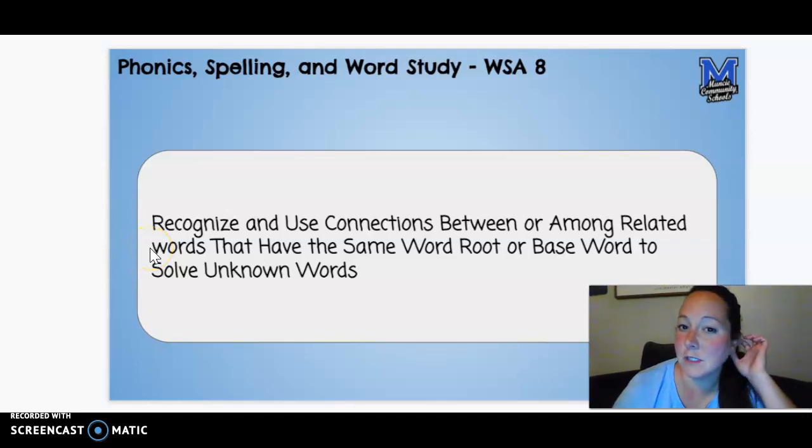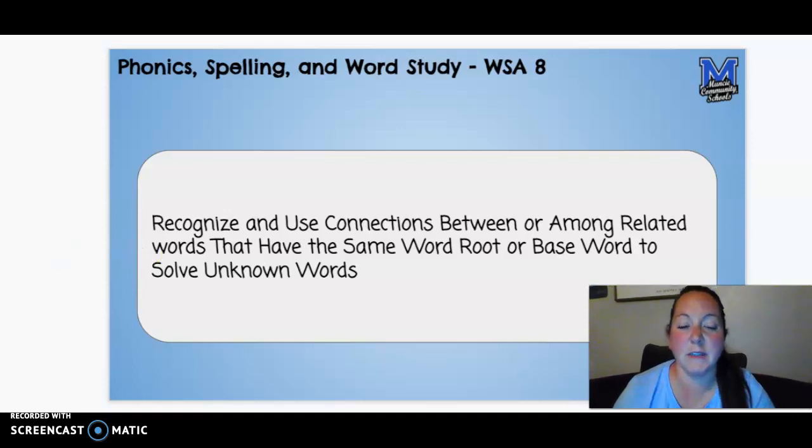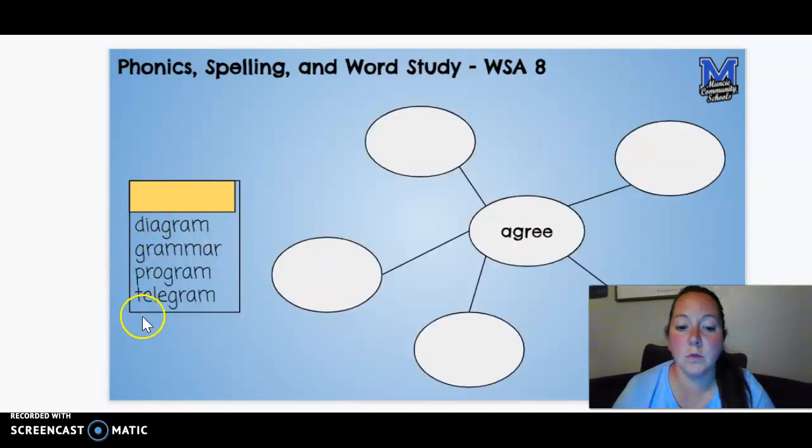Today during your phonics word study lesson, you talked about how roots can help you determine what words mean sometimes and how they're related. You used words that had gram in them, and you talked about how maybe not knowing a definition of one of these words, you could figure out what it meant based on the root, gram. Then you filled out a web using agree, and you created different words for each of these circles that all